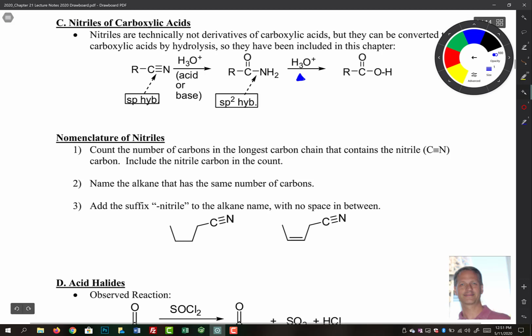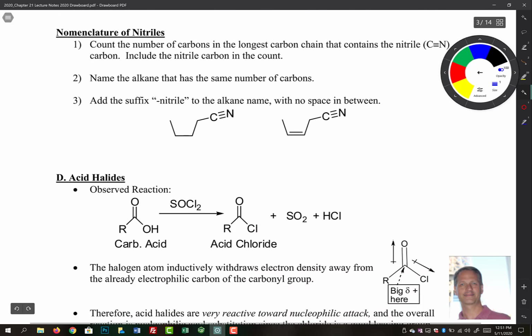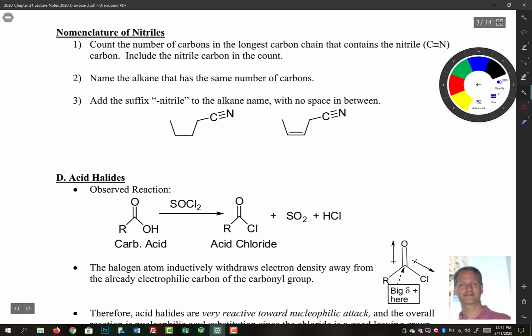So naming these things is based on finding the longest carbon chain that contains that carbon triple bond nitrogen. Now, that carbon is going to count in your parent. So it's not part of a substituent, it's part of the parent name. And then we add the suffix nitrile to the alkane name or the alkene name with no spaces in between. So looking down here below, here you have 1, 2, 3, 4, 5. So simply put pentane